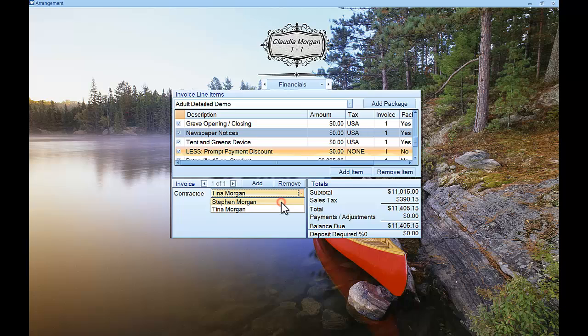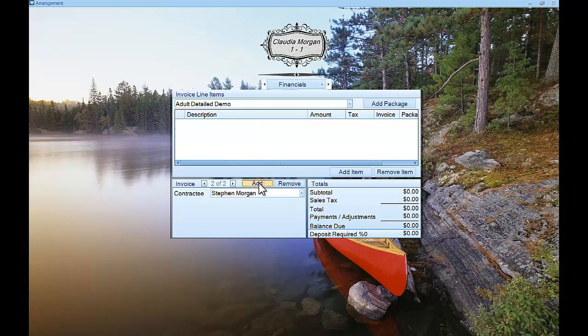And here we could choose between either Tina or Stephen. So if this is being billed to Stephen, you click the Add button. That's going to create an invoice for Stephen. You'll be able to print a contract for Stephen as well. And now, if we want to add new charges here for another contractee, we can either use this page and add items here,